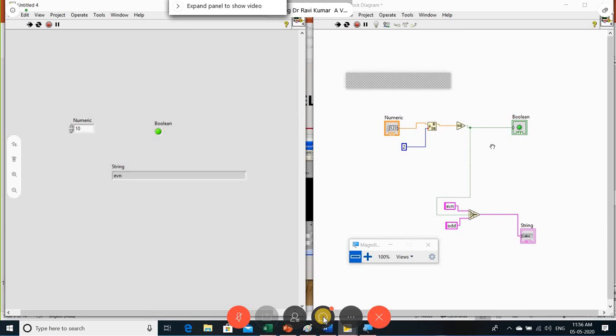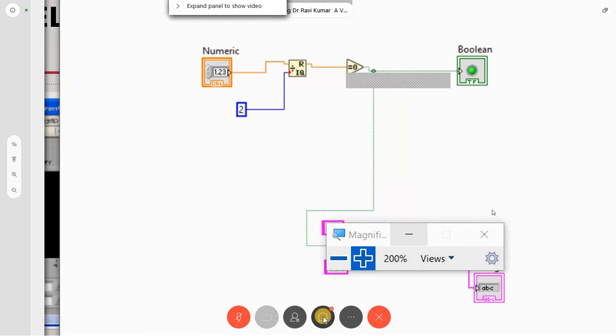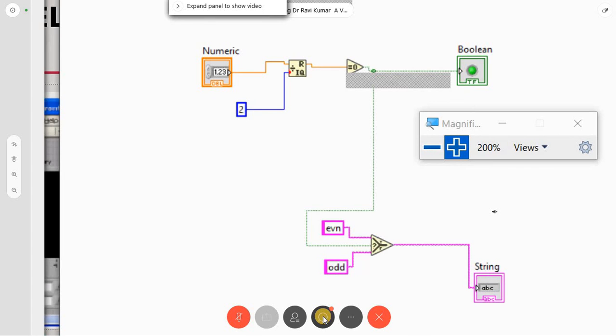So see, this program is very simple. If you want to implement the same program in C or C++, maybe you should know all kinds of syntax, how to utilize the comparison statement, checking that number, or finding the remainder. It's all very difficult in text programming. So this is how we can say that graphical programming is very easy to understand and very reliable.